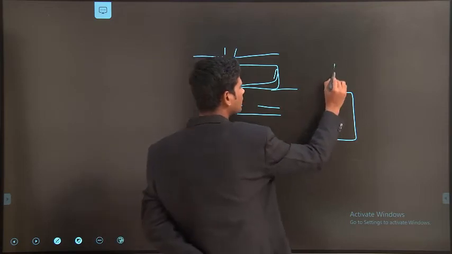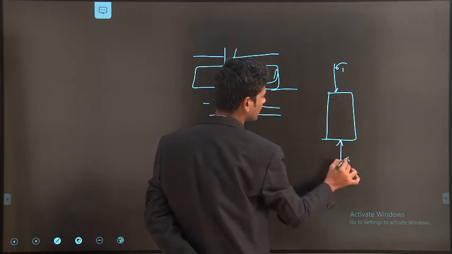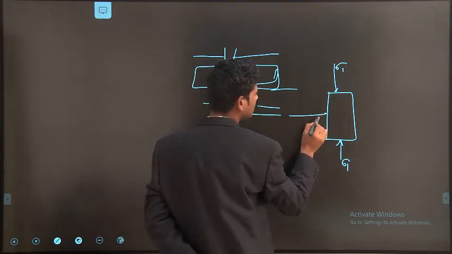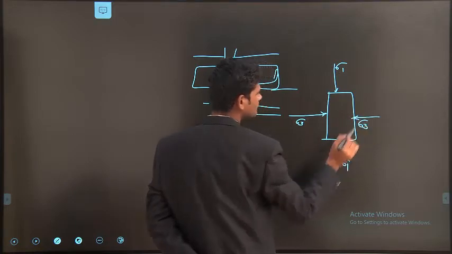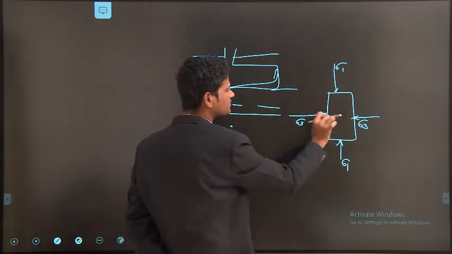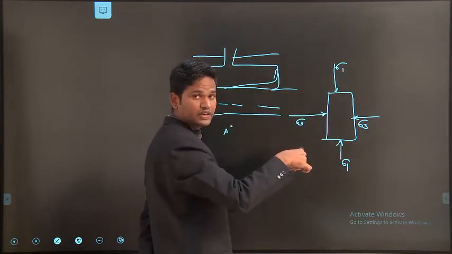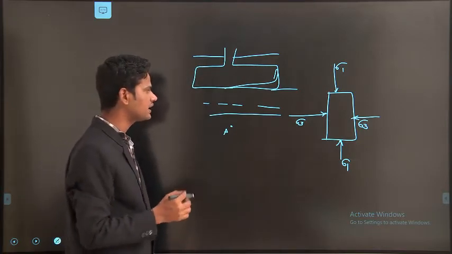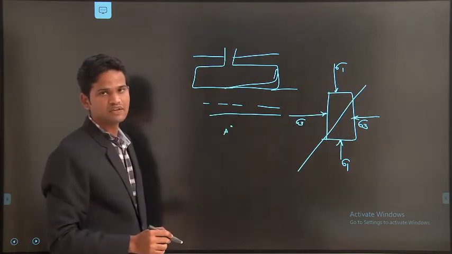And again, this is the vertical pressure sigma 1 acting in this direction. Again, in the opposite direction, sigma 1 is acting. Then the horizontal pressure is acting as sigma 3. This is the concept of how the major principal stress and minor principal stress act on the soil mass, where sigma 1 is the major vertical principal stress and sigma 3 is the minor principal stress or horizontal pressure.